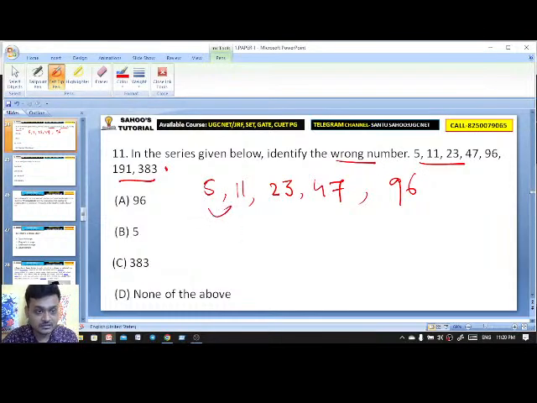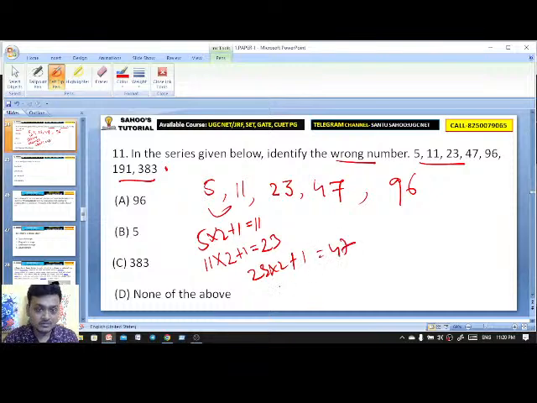So here you see 5 into 2 plus 1 equals 11. Then 11 into 2 plus 1 equals 23. 23 into 2 plus 1 equals 47. 47 into 2 plus 1 should be 95, but here it is given 96.